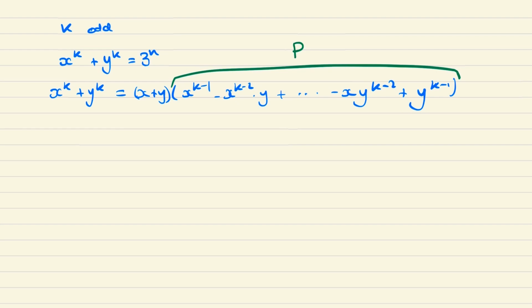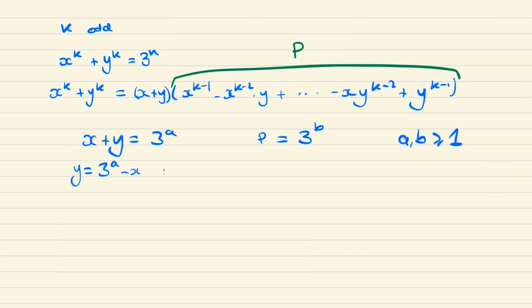and since x to the k plus y to the k is a power of 3, it follows that x plus y must be a power of 3, and the polynomial p must also be some power of 3, and both of these are going to be bigger than 1, so we can say that both a and b are greater than or equal to 1. And we can rewrite y as 3 to the a minus x,